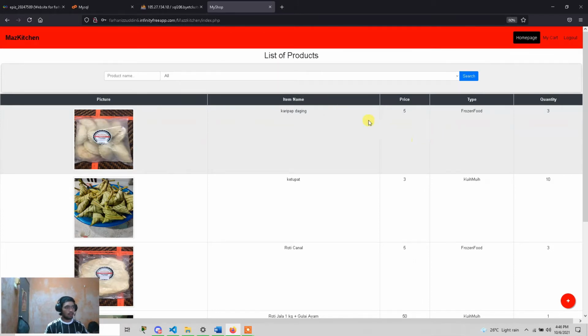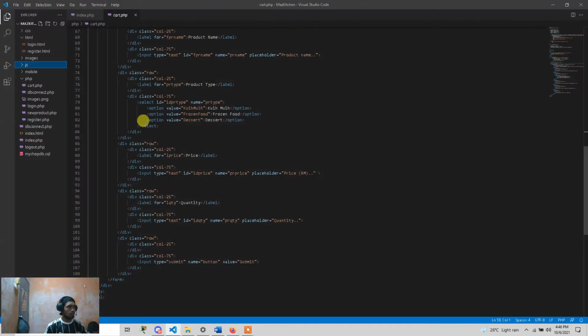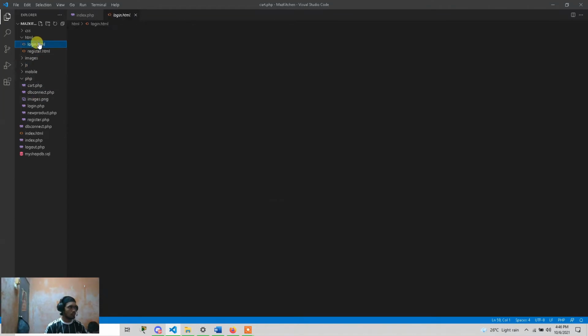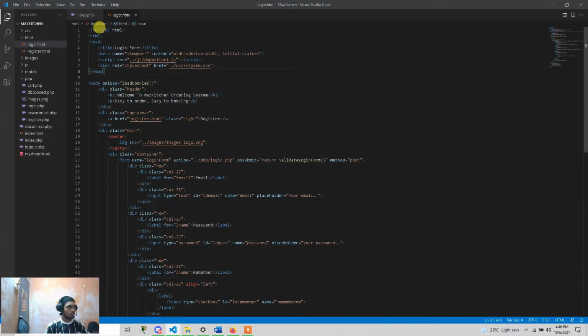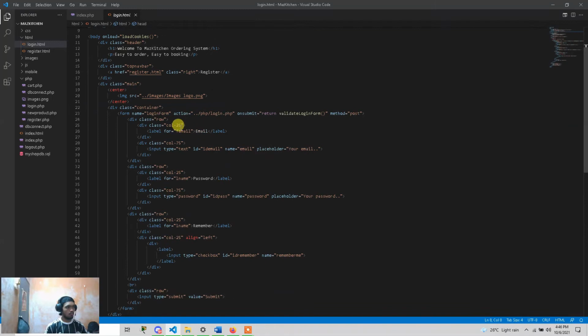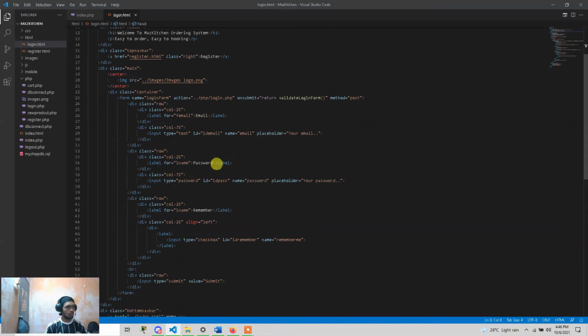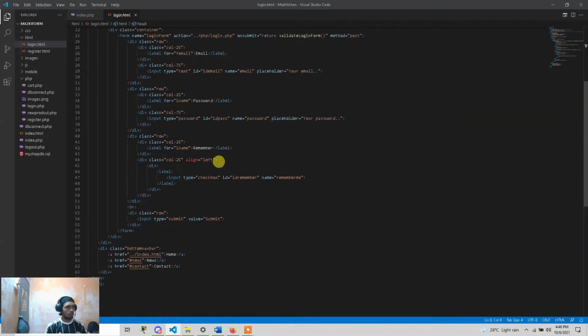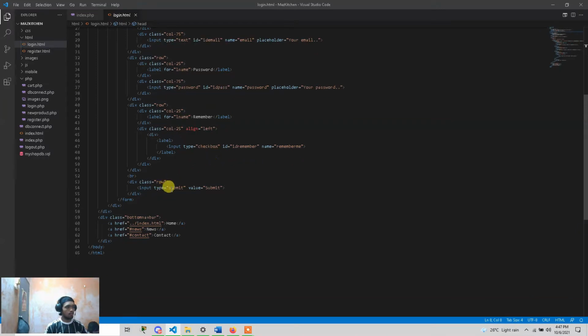First, I will show the data, the programming, database, and PHP programming. For the login, this is the login HTML. As you can see, it has the register HTML. The register will pop up to the login HTML. It has the form with email, password, and remember password, then the submit button.